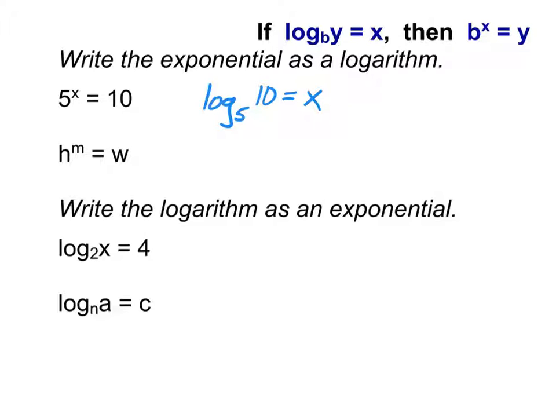All right, the next one, h to the m equals w. It's going to be the same basic idea, just instead of some numbers, they're all letters. First thing I write is the log. Next up, my base. Take a moment, think about what you expect that base to be, which letter is it. Hopefully you're seeing that up in our original formulas, it's the b. It's the base. The base of my exponential is whatever is raised to the power. In this case, that is h. So this is log base h